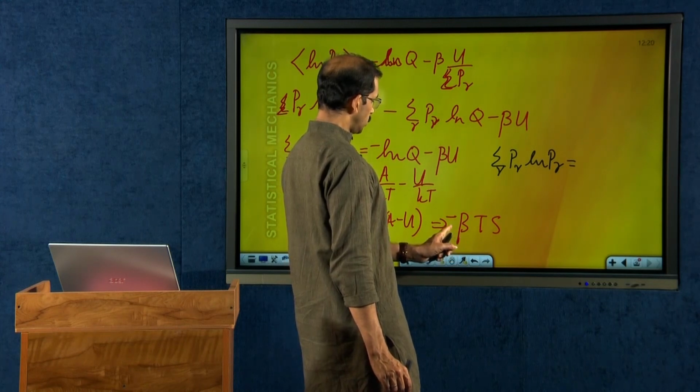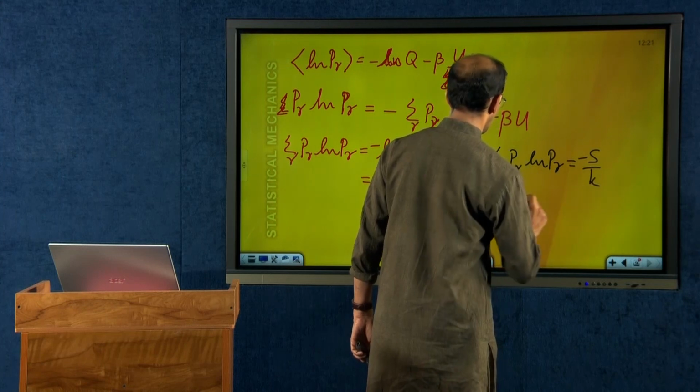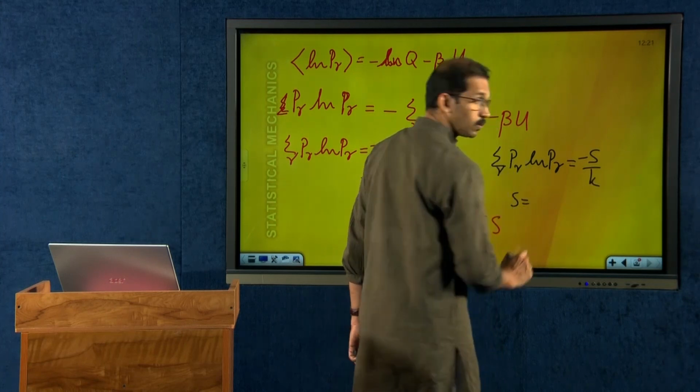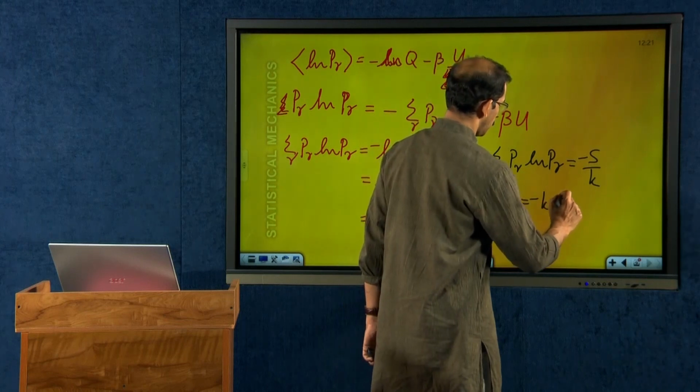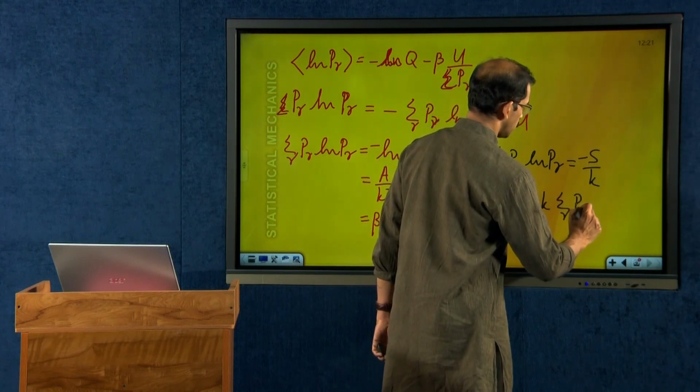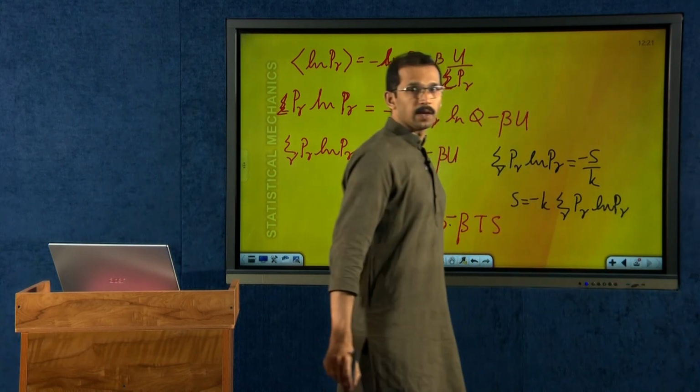So, this is equal to minus S by K, or S is equal to minus K sum over r of P_r ln P_r,